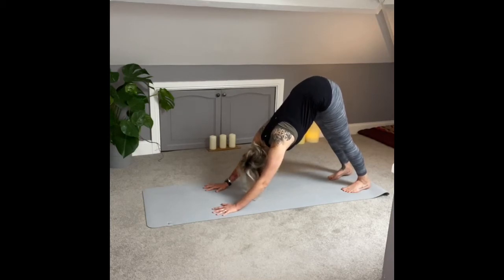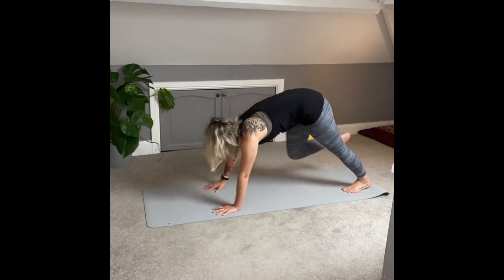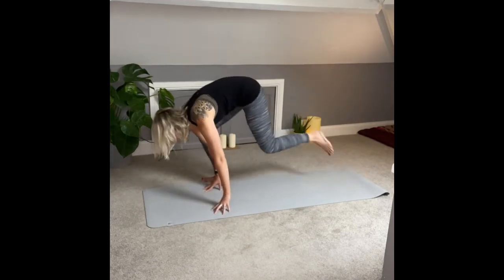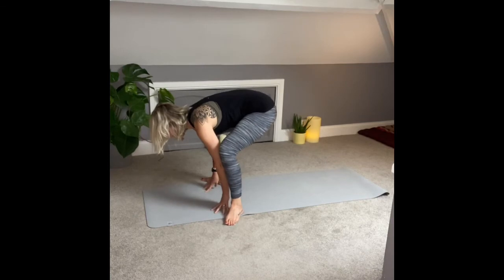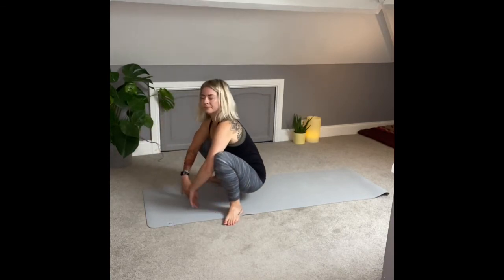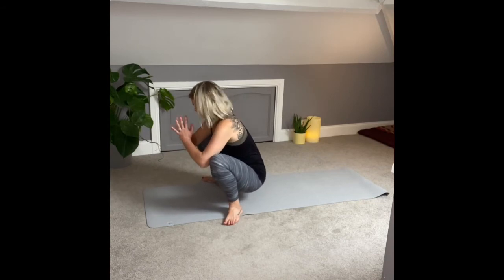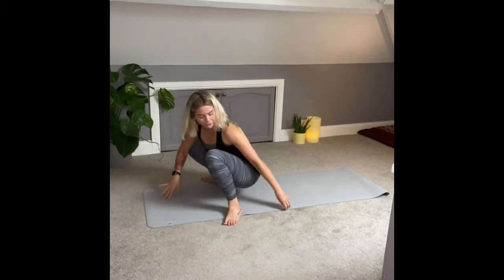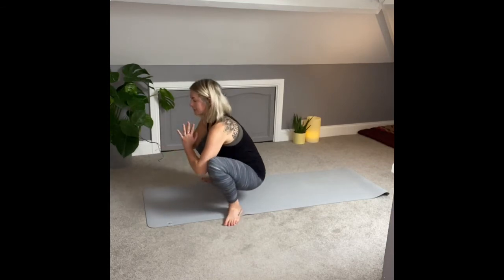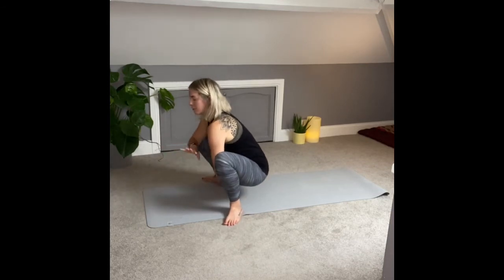So we're going to bring that right foot to the outside of the right hand, toes pointing out, heels in. And then the left foot to the outside of the left hand. And then sitting that bum down, keeping the chest lifted. If your heels are lifted, you can fold the mat under your heels. If you have a bit of space under the bum, you might want to put a block or a book